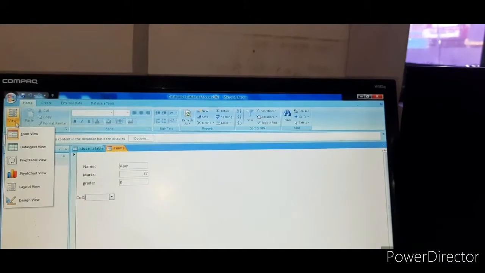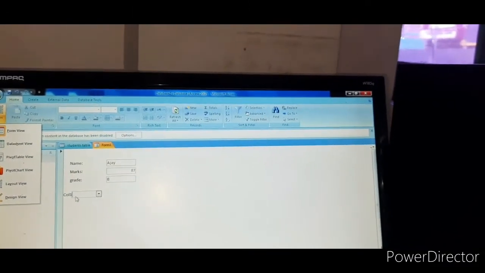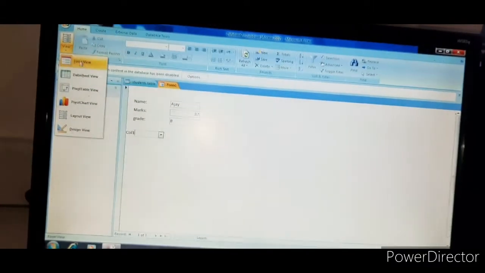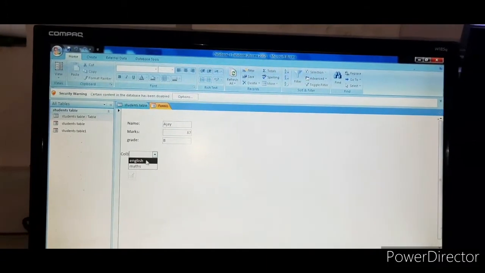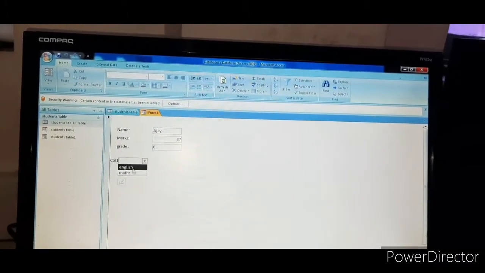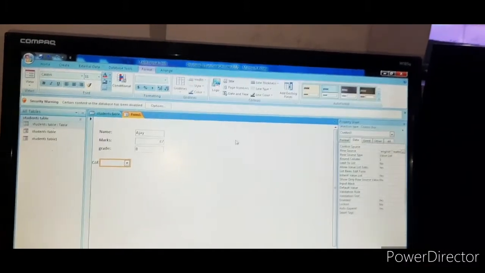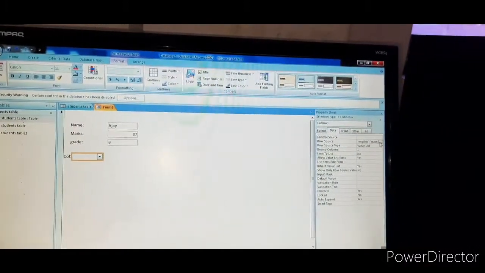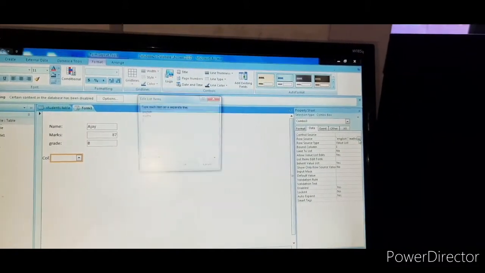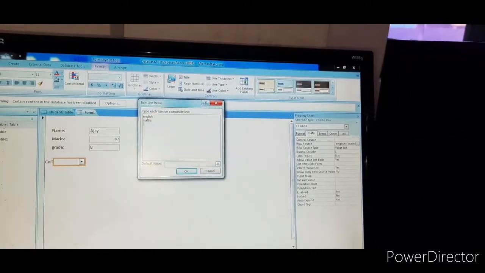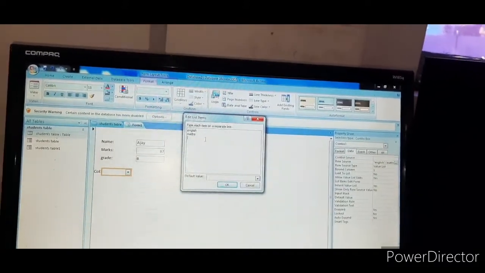Okay, in the layout view you can design your form. If you want to see anything, you can select only the form view, children. In the form view you can see English and Maths. Now going to the layout view. If you want to add more, just click on Maths in this row source column. See here, if you click on these three dots, there you will get English, Maths.